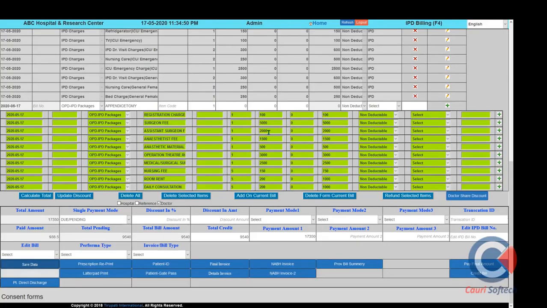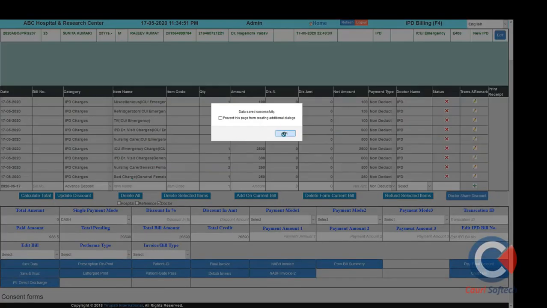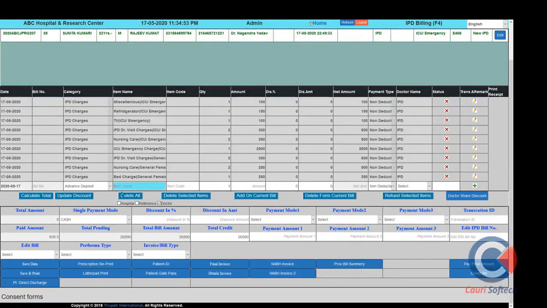Meanwhile, if any patient has paid any part payment or IPD advance, we can also maintain it for the same patient. We collect it here, IPD deposit type, like this way. If any amount is paid, that will be recorded in the software, and we can give the patient a cash receipt for the given payment.